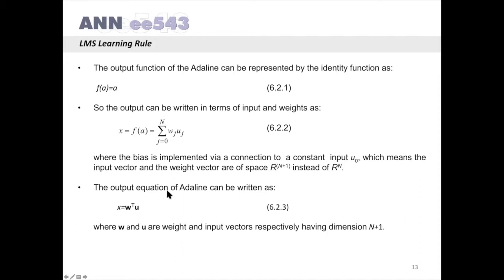The output equation of the Adaline can be written as the output x, a scalar value, equal to the connection weight vector transpose times the input vector,